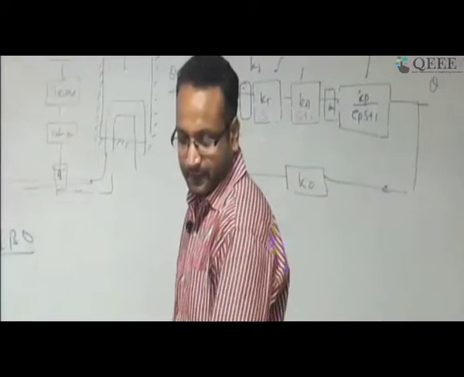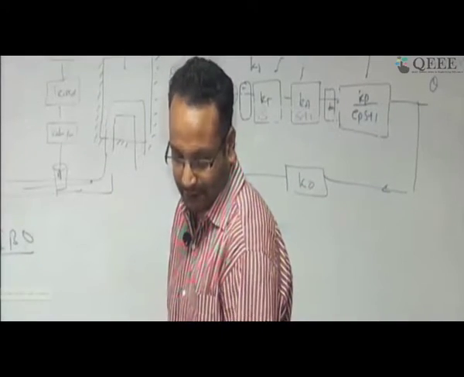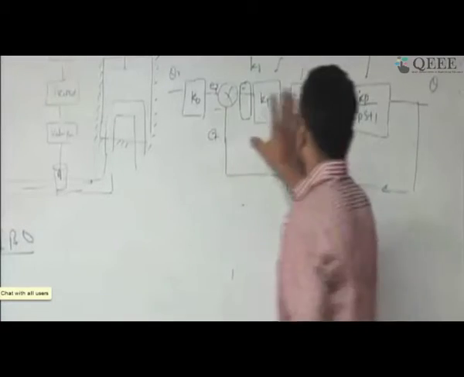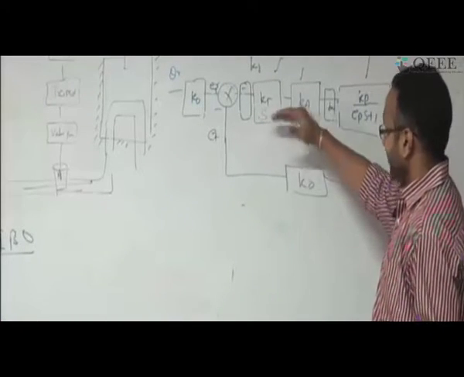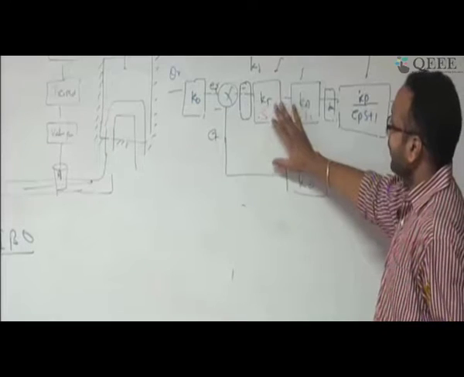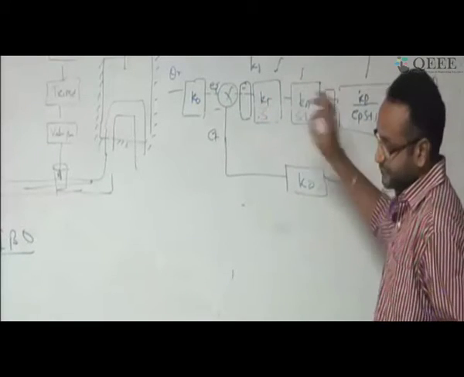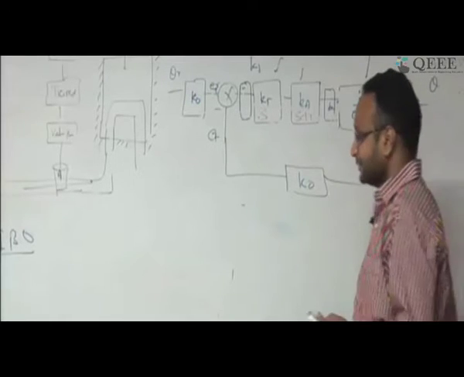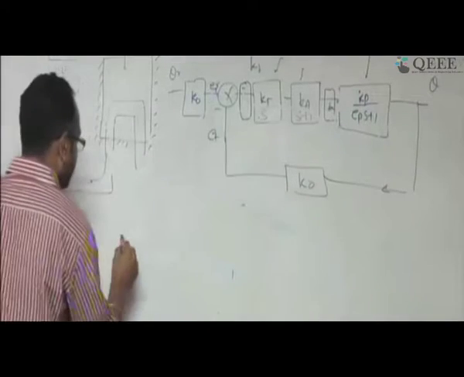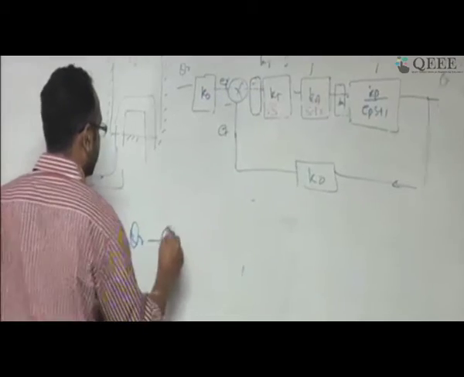If I want to analyze under what scenario, if I don't assume the system is a zeroth order system, then what will happen? So for that, let me take a little bit simplified way of